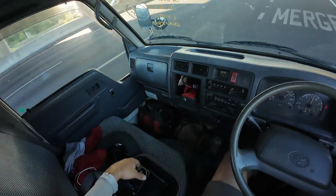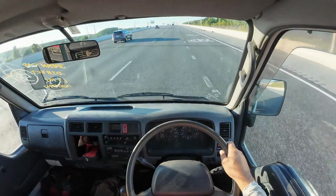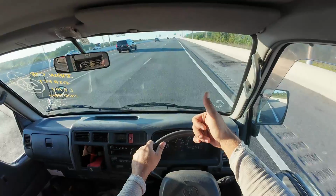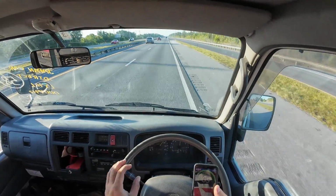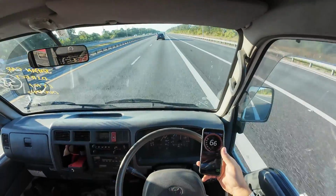Yep, excellent machine though. Yeah, so right now comfortable cruising speed is about 65, and that's honestly totally tolerable. To get good gas mileage, you want to go slow anyway. So yeah, first highway drive, successful. It is now time for a top speed run, because somebody asked. So we're just gonna floor it. We're cruising at 65 in fifth gear. We're just gonna put the pedal to the metal, as they say,